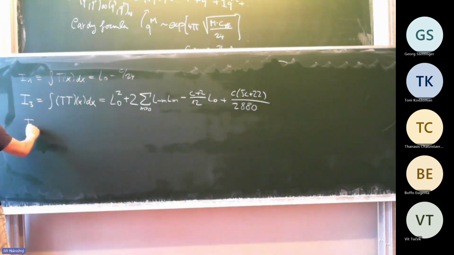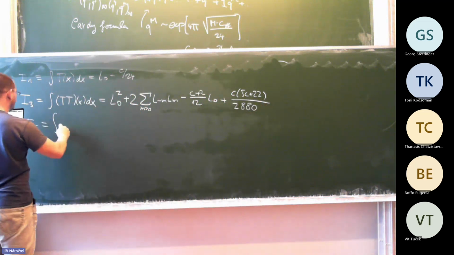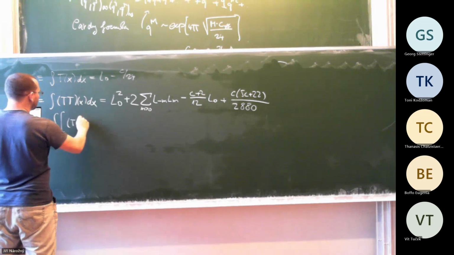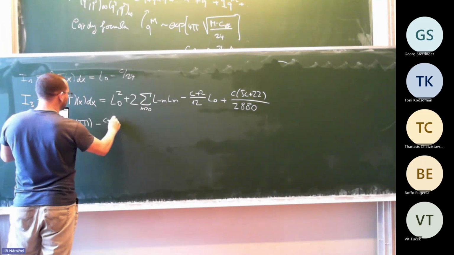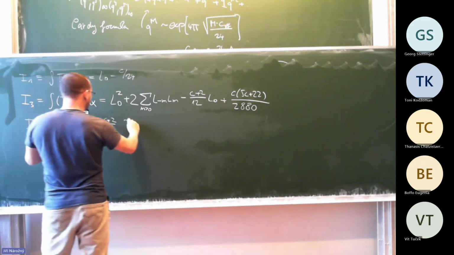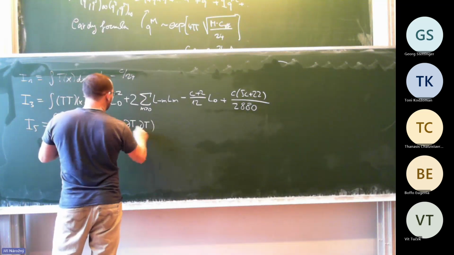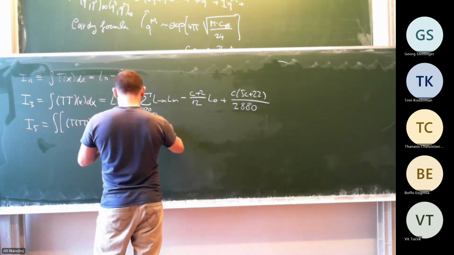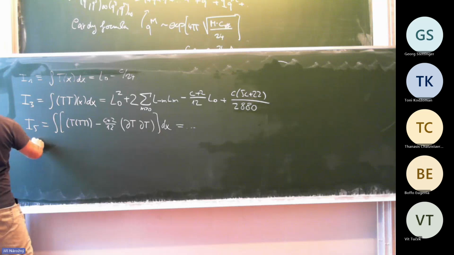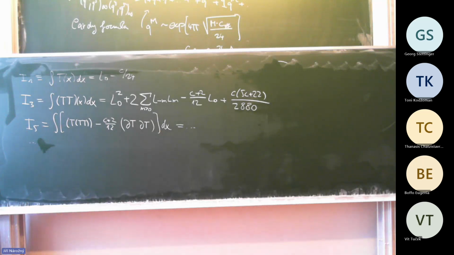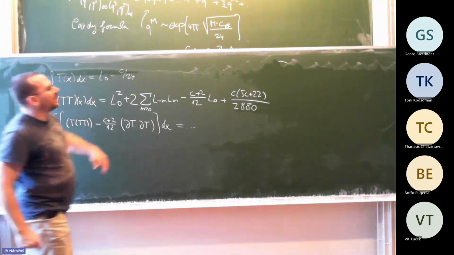And there is another one, I5, the integral of dt minus p over 12 times dt. And many others. Okay, so now what does this mean? So, first of all, as I told